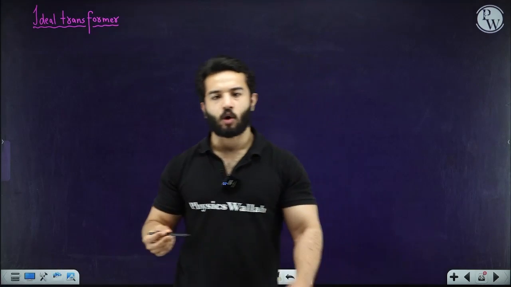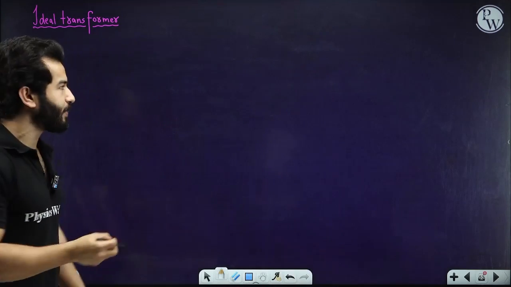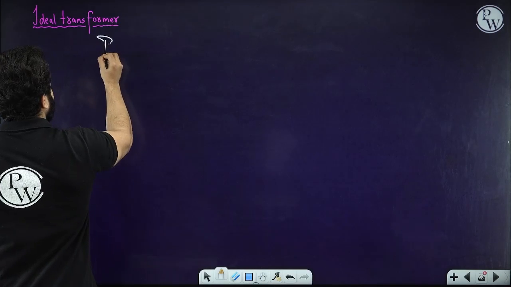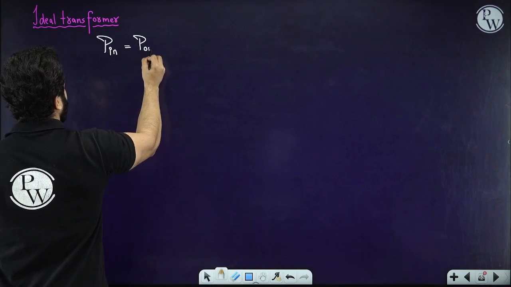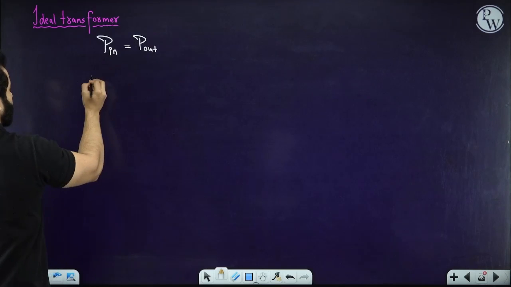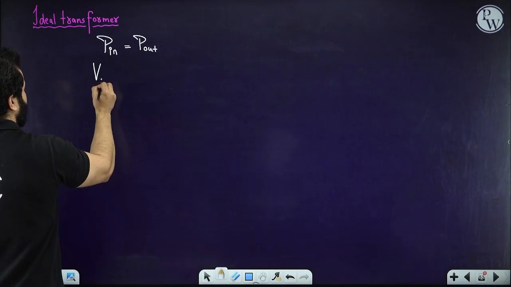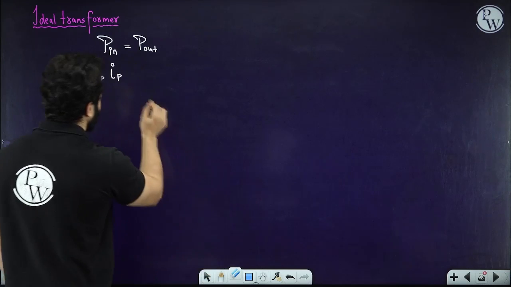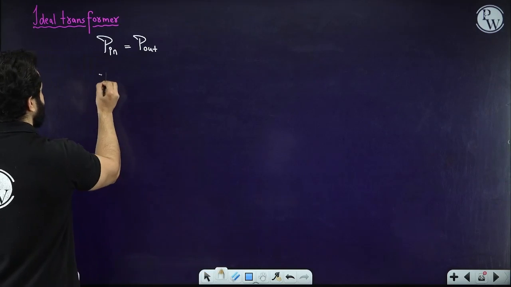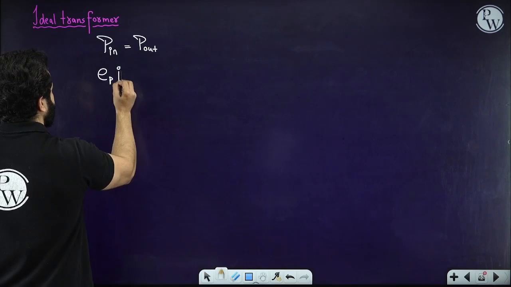It means that whatever input power you are giving to the primary coil is exactly equal to the output power from the secondary coil. And input power basically means Vp, Ip, or because I should use the same notation, Ep, Ip